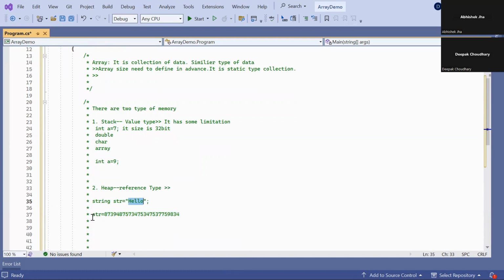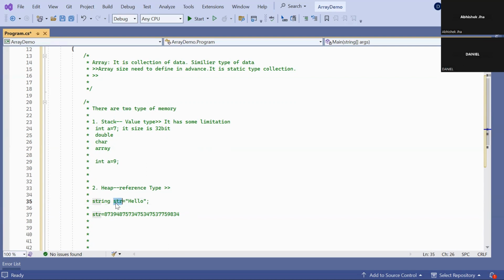So when you try to display the value of str, that str goes to that address, gets the value, and then displays it on the UI. This is the process of getting data from a reference type. That's why, compared to stack, the heap process is more time consuming. It's obvious, na?